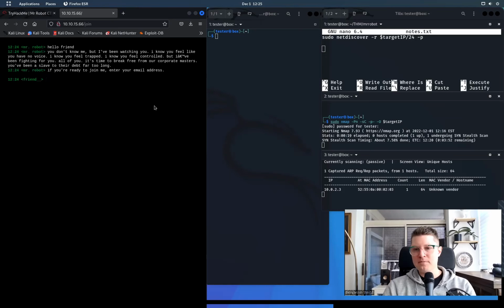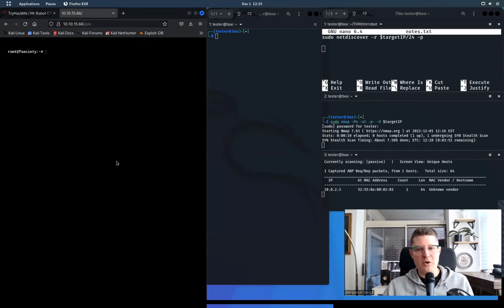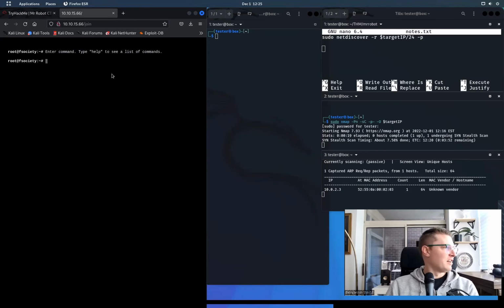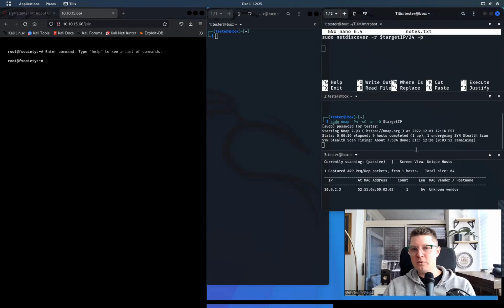I'm going to use my alternate email just because I'm worried Mr. Robot's going to try to do a phishing thing on me, but I've got an alternate email I'll put in and we'll see if anything comes through. I'll check it on my phone here. He says we'll be in touch. All right. In the meantime, as these scans are still running,